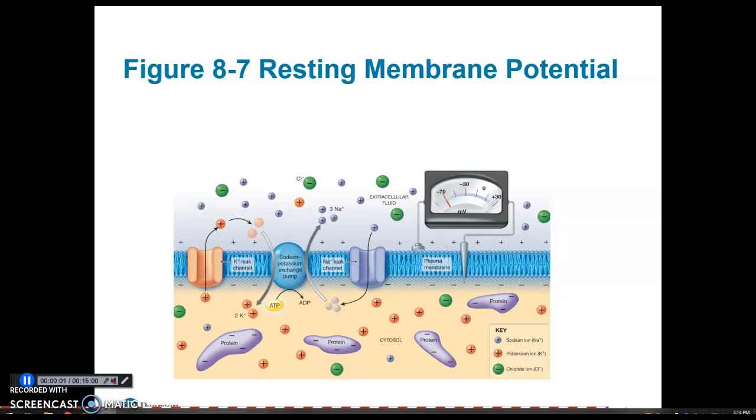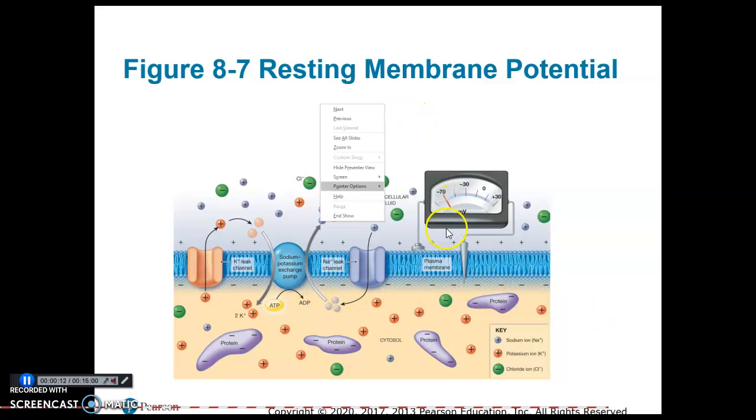This is part 3 of the Chapter 8 lecture notes. I kind of moved ahead a little bit. Sorry, I'm trying to get my pointer working, but I moved ahead a little bit to this slide here that shows you all of the major conditions that lead to the resting membrane